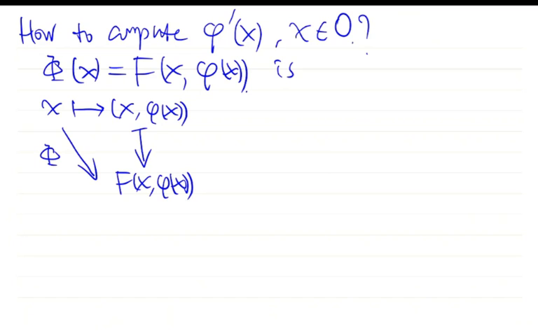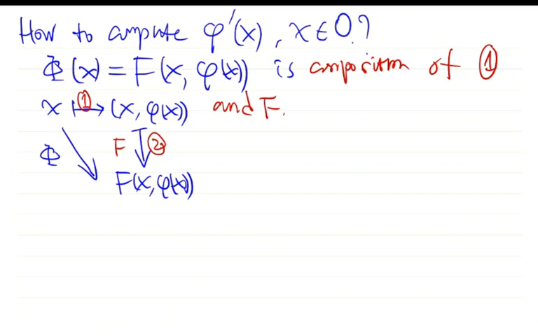So this is the composition of this map and this map. This map is precisely capital F. Therefore, by the chain law,